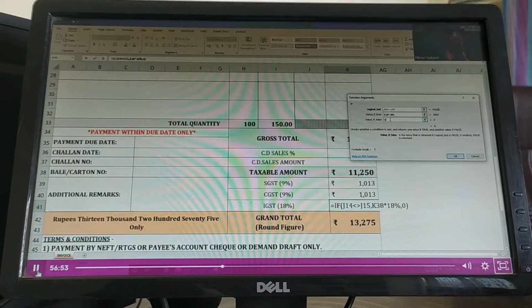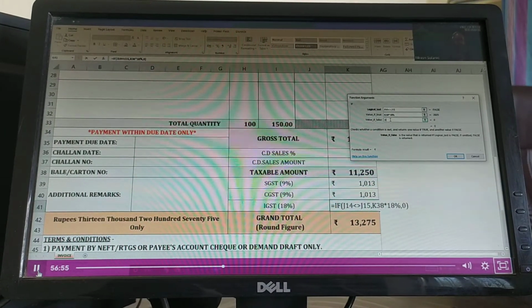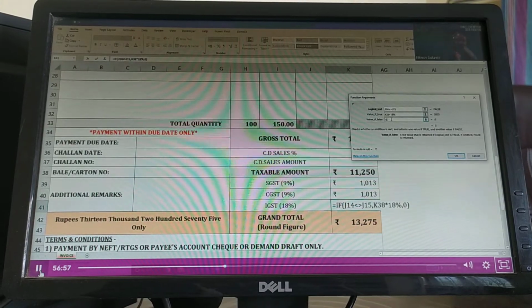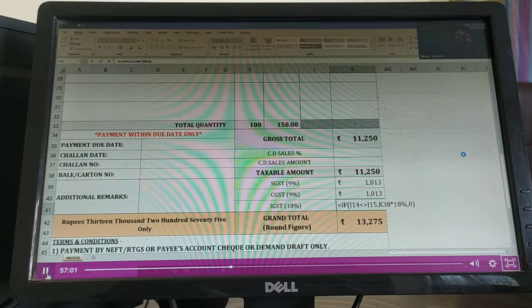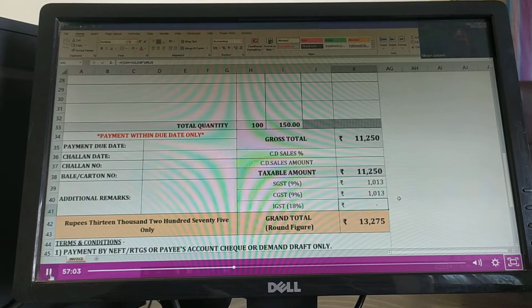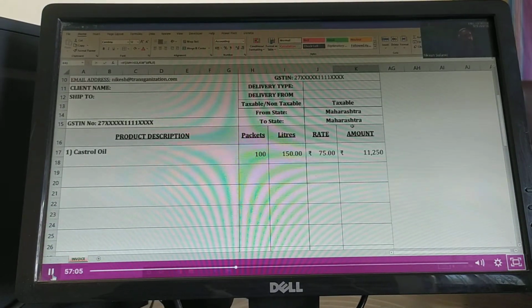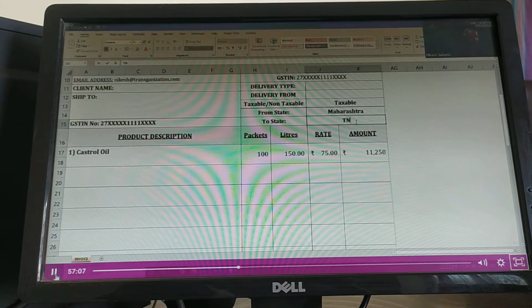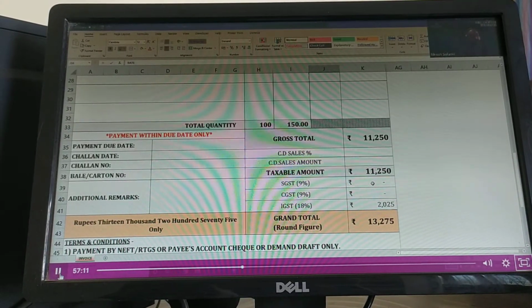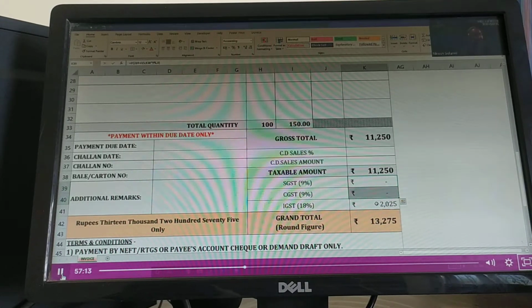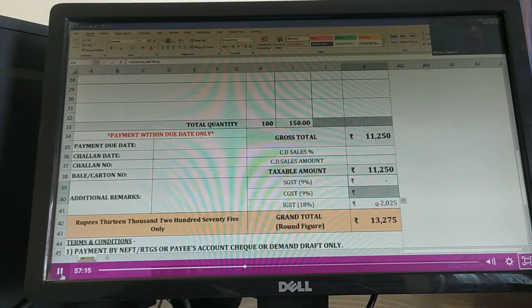Yeah, आपको true or false के साथ play around करना है. You understand the condition. If the condition works, what is the true condition? What is the false condition? Right? I click OK. In this case, this is a false condition. Hence, it is 0. I'll change this. And यहाँ पे ऊपर वाले deactivate हो जाएंगे. CGST, SGST, and IGST will go.